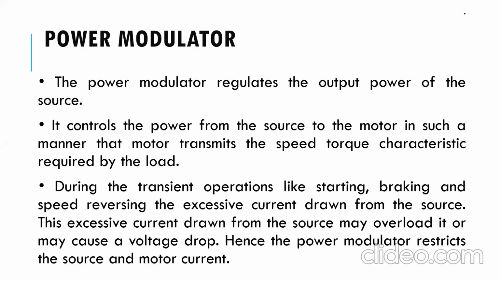If the DC motor is there, you have to use a rectifier to convert AC into DC, or if the source is DC, then you have to use a chopper from constant DC to variable DC, which is given to a motor. You know that in case of armature voltage control, you have to change the voltage given to the armature. Means what? The variable voltage is needed to get variable speed. The power modulator does the same function.